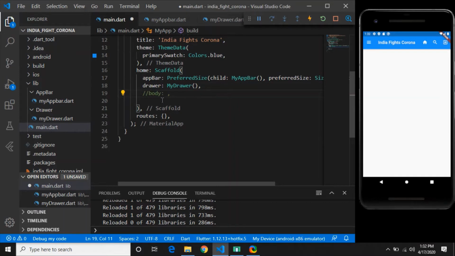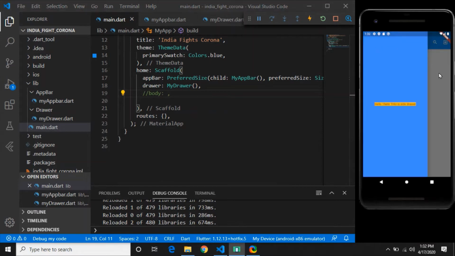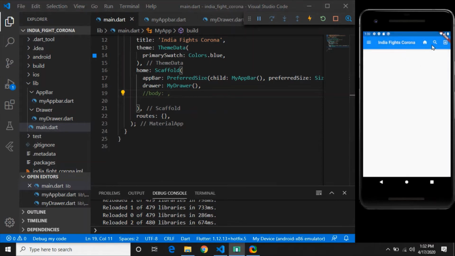But what is the use of this? I will come to that very soon, because we are going to create a lot of pages. Every time we will not write a lot of content. We will simply write app bar and drawer, and you will get this scaffolding on your page. So we'll proceed to a new screen, that is the home screen,